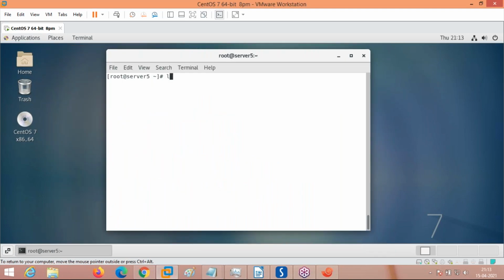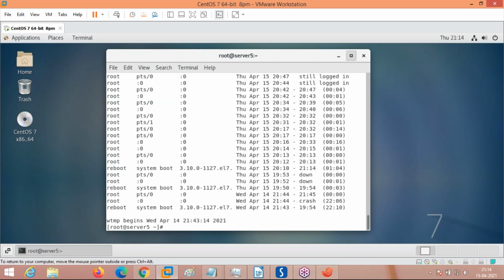Okay, I'll show you last. What is the purpose of the last command? whoami and all the commands will show current users, who is logged in or who has been working currently. Logname also shows the same thing. What about the person who has logged in 2 days back? You want to get the information about the users who have logged into the system from the past 1 week or past 1 month. Then we have to use the last command. It will show these things.